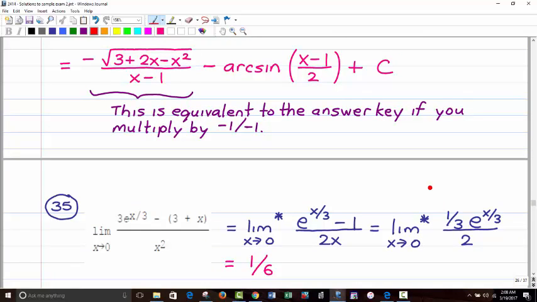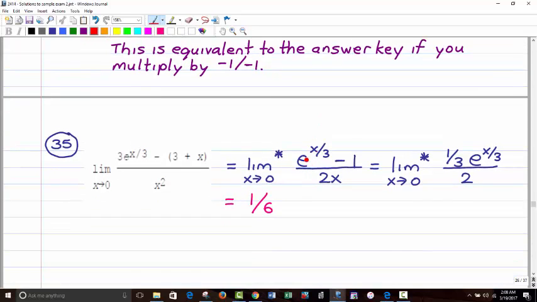Now we're starting the section on the L'Hopital's rule problems. Let's take a look at number 35. If you plug 0 in here, you're going to get 0 over 0, I believe. Yes, because 0 over 3 is 0. e to the 0 is 1, so you'll get 3 minus 3 on top,